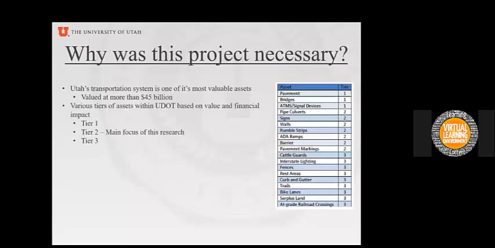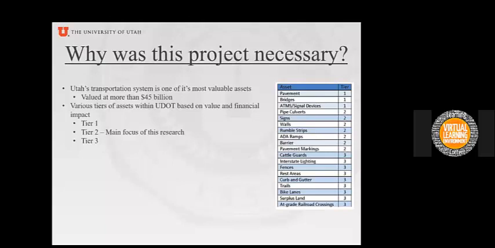So why was this project necessary? Utah's transportation system is one of its most valuable assets, valued at more than $45 billion. There are various tiers of assets within UDOT, and these are based on their value and their financial impact. So